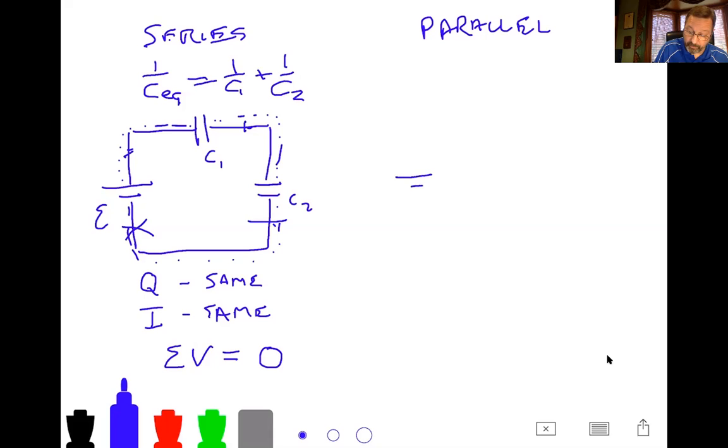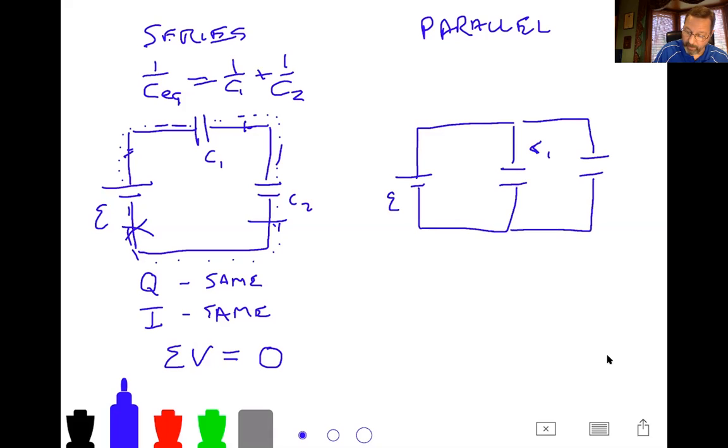Let's draw a parallel circuit now. And it looks more like, I call it a ladder arrangement. Okay, same battery with the same electromotive force. Maybe it's a 9-volt battery. We'll call this C1 still, but I've kind of moved where I put it. And I've moved C2 a little bit with some different wires. And this is a parallel arrangement.